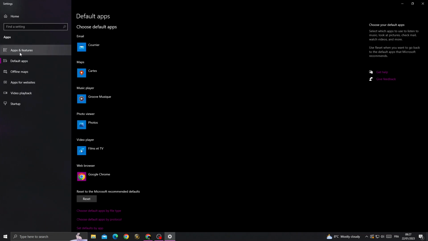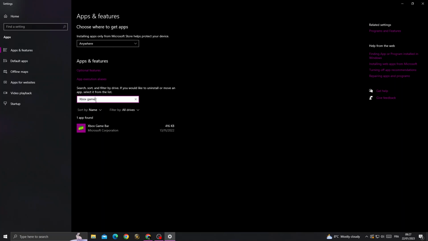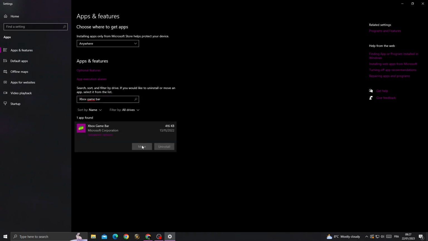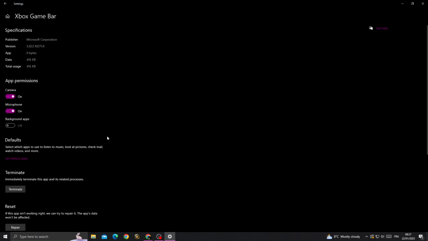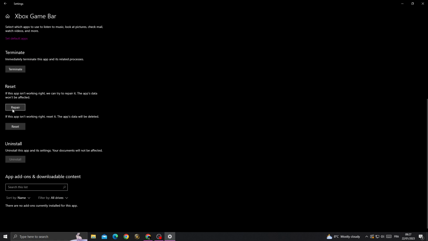Now go to apps and features, and now just type here Xbox game bar and click on it, and then click advanced options. Now once you're here, just scroll down until you find reset settings, and here you will find repair, click on it,